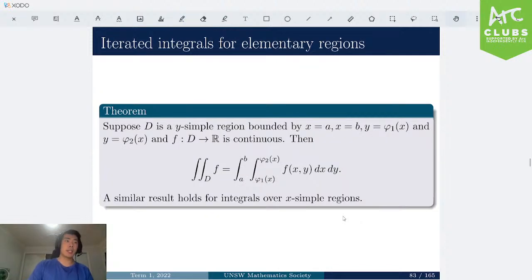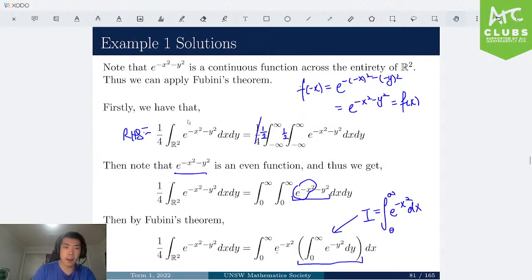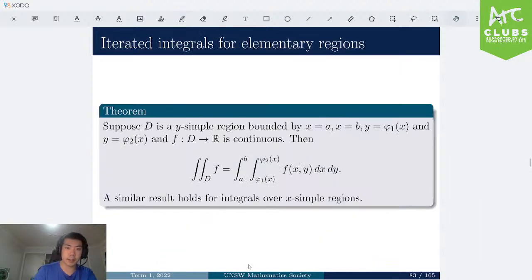Next, iterated integrals for elementary regions. Suppose D is a y-simple region bounded by x equals a, x equals b, y equals phi 1 of x, and y equals phi 2 of x, and f goes from D to the reals and is continuous. Then the integral of f over the region D is equal to this. It's really just the same concept as how I turned an integral over R squared into two different integrals over two different boundaries. So if I illustrate this, it's saying if I have a y-simple